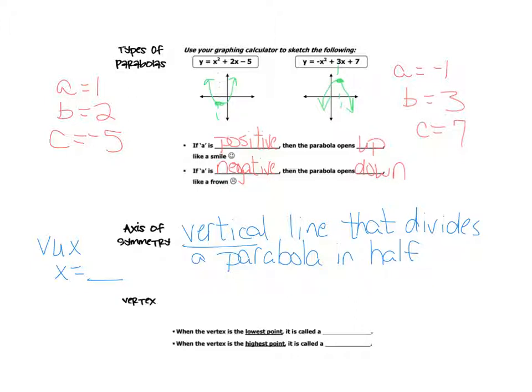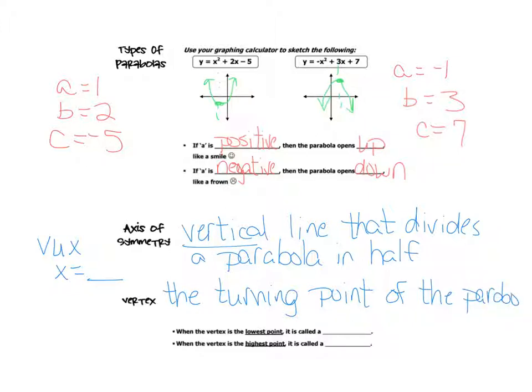Then, the vertex is the turning point of the parabola. It's where the parabola is decreasing, decreasing, decreasing, and all of a sudden it becomes increasing. Or increasing, increasing, increasing, and all of a sudden it becomes decreasing. That turning point is called the vertex. And so it's a point. It's going to have an x value and a y value. Notice that the vertex is on the axis of symmetry. So these two axes are going to be related because that vertex is actually a point on the axis of